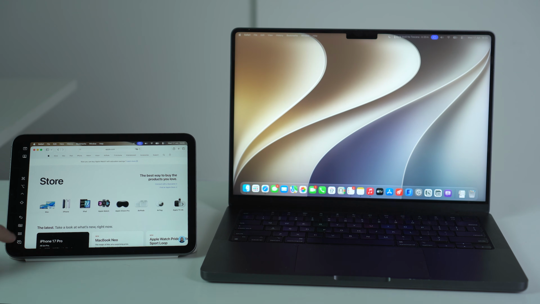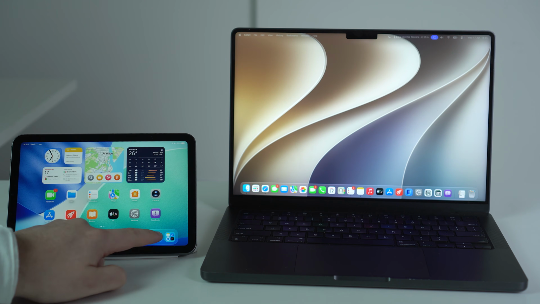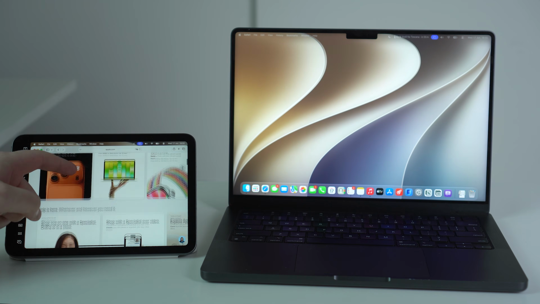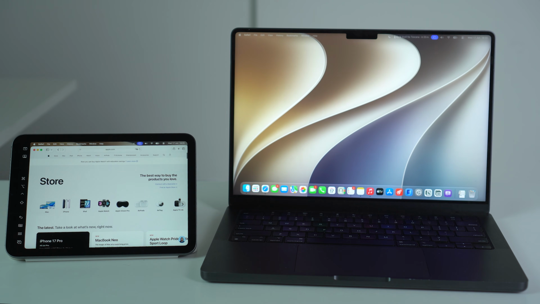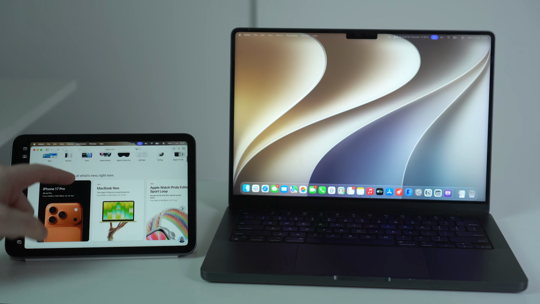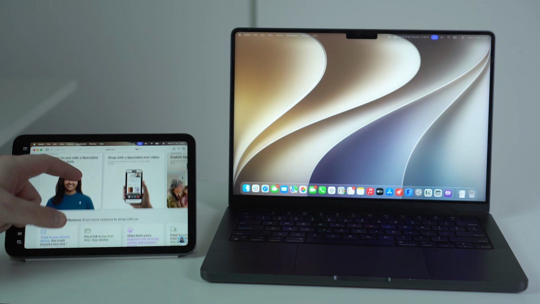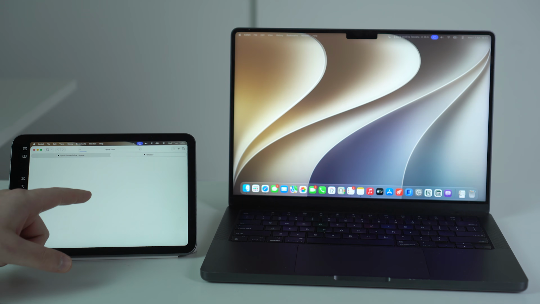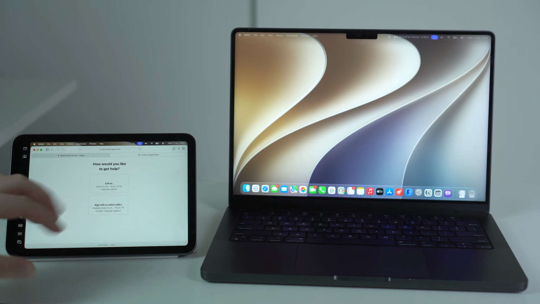But last but not least, I have to talk about the touchscreen stuff, as I mentioned before, because there is a little thing I have to talk about. If you want to use Sidecar and have the full touchscreen experience, as you can see, your iPad and your Mac need to be updated at least to the 27 version of the operating system. So iPadOS 27